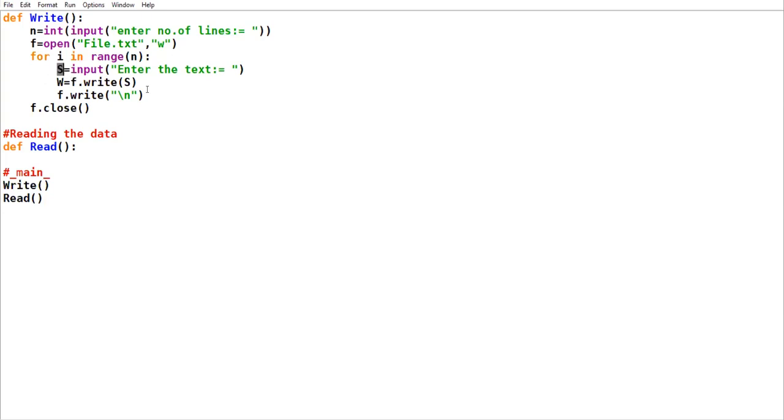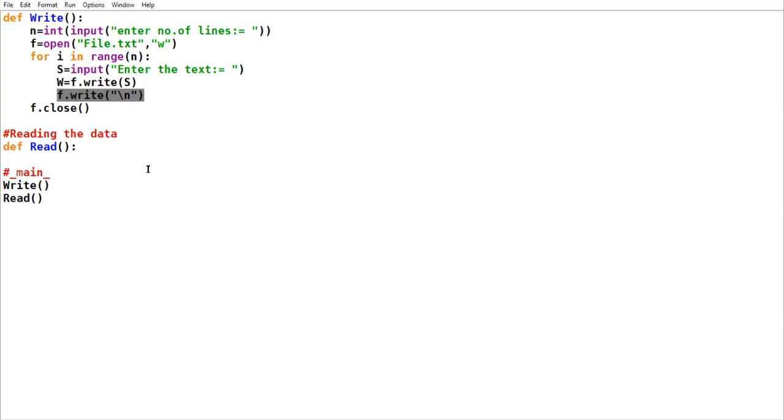Now write your string s into the file by using the write function. In the earlier lecture, I told you that the write function does not consider the new line character. If you are not taking into consideration the new line character, the entire data will appear in one line.